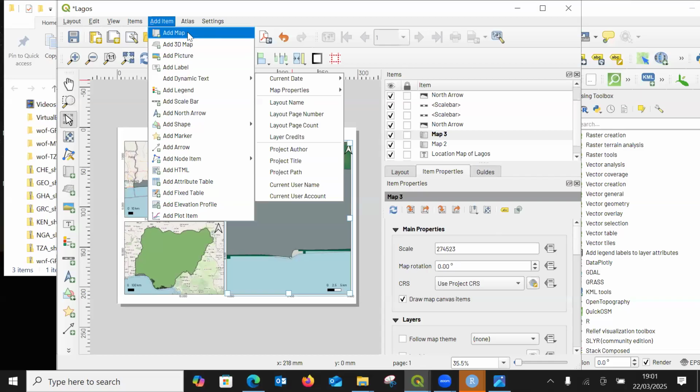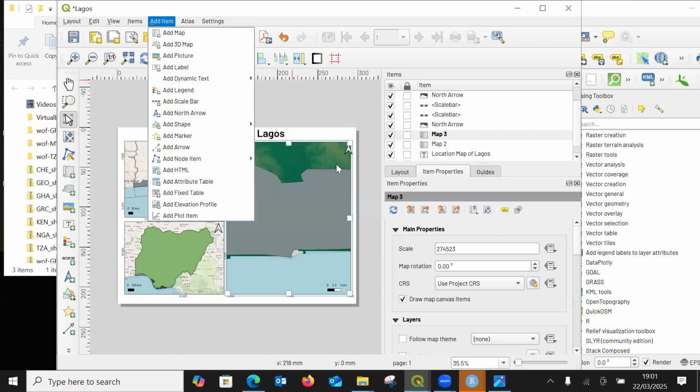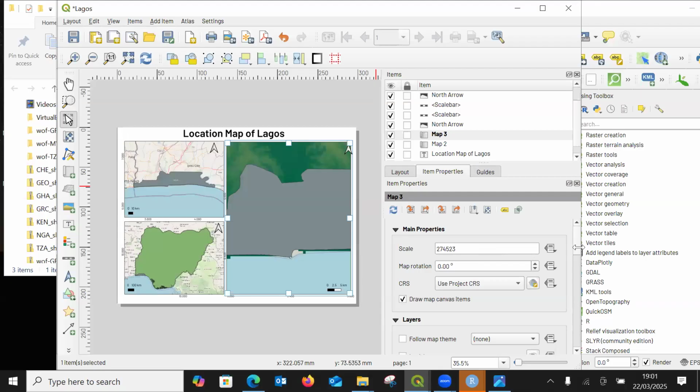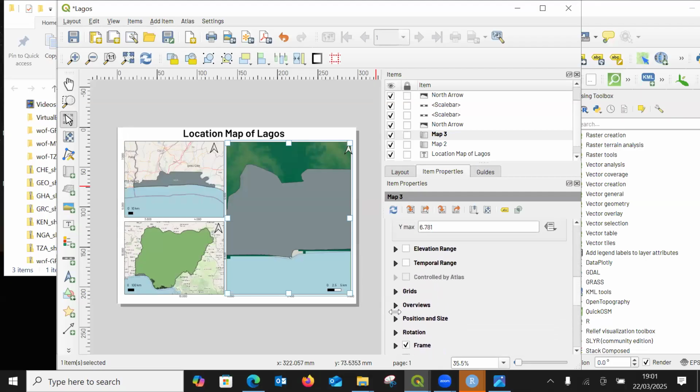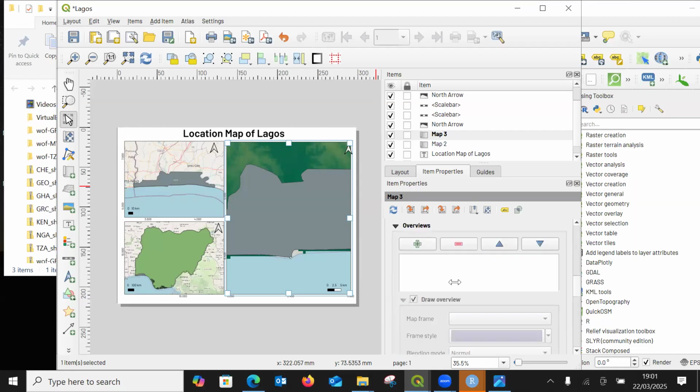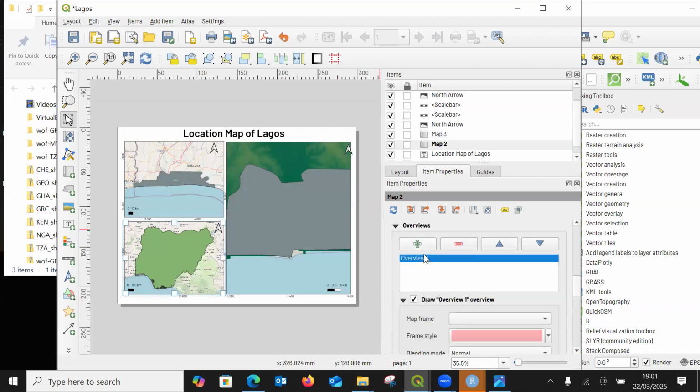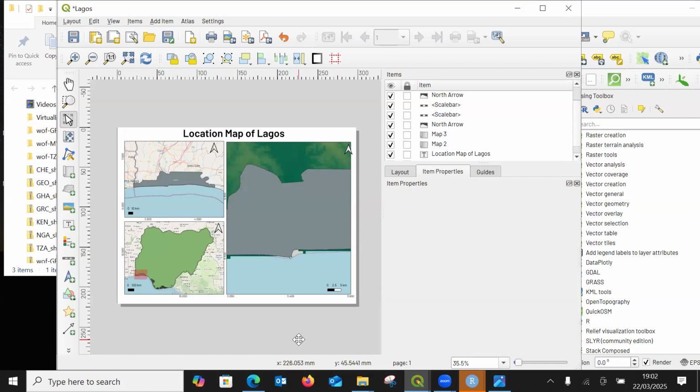On add map, there is a place called add overview. Yes, this one, overviews. Okay, so I think this one right here I could add overview. Okay, map frame is... okay. So what I did is that